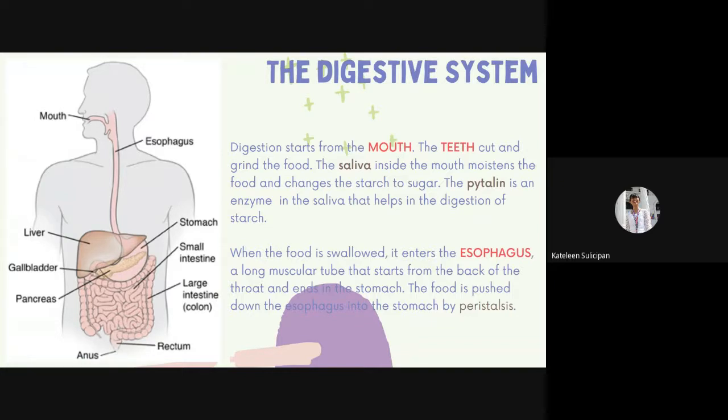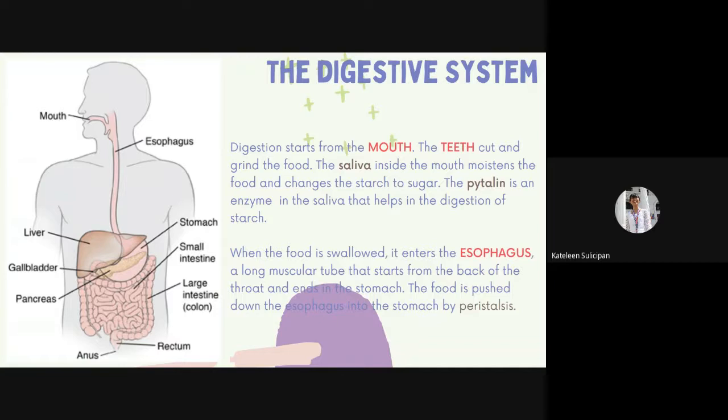And then, from the mouth, i-chew natin. Like, kakainin na natin. And then, yung teeth natin, 'di ba? Kinakat niya yung food natin, yung rice, and yung saliva natin sa mouth natin, nagmo-moisten sa food para mag-change from starch to sugar. And sa saliva naman natin may tinatawag na ptyalin, which is an enzyme in the saliva na nag-help sa digestion ng starch. So, after na nakat na ng teeth natin yung rice, yung kanin,